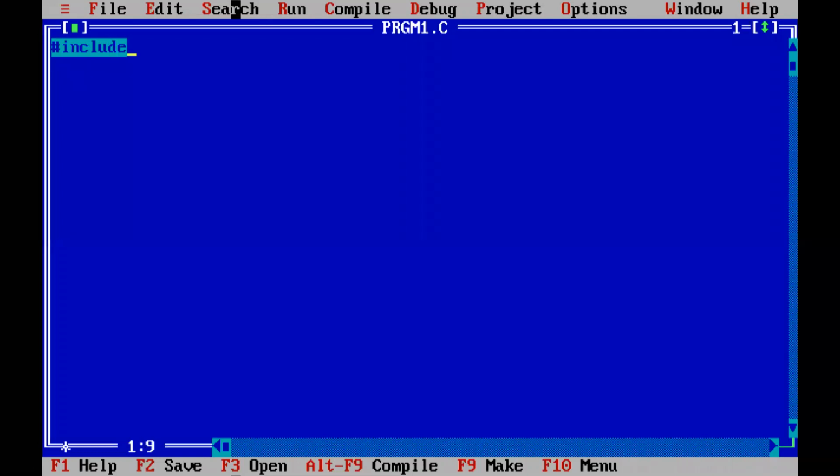So for the first line, what should it be? #include stdio.h, right? The essential header files we are just adding. Then we will be starting with either main or void main. I told you, if you are using main, we have to give the return value. That means it will be assuming that we are returning some value. So unless we specify void main, void means we are not returning anything. Unless you specify that, it will be expecting some return value. So if you are giving only main, you have to give return 0.